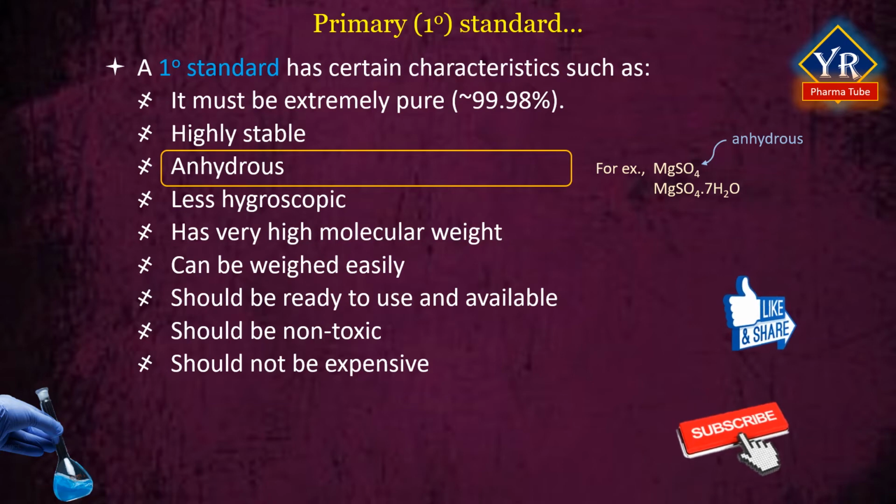But the chemical Epsom salt, which is found in a grocery or a drugstore, is a chemical with formula MgSO4·7H2O. Therefore, if you want to prepare a primary standard of magnesium sulfate, you should purchase an anhydrous magnesium sulfate, preferably an analytical reagent grade chemical and with purity greater than 99.98%. Remember, such reagents are usually available with common vendors.